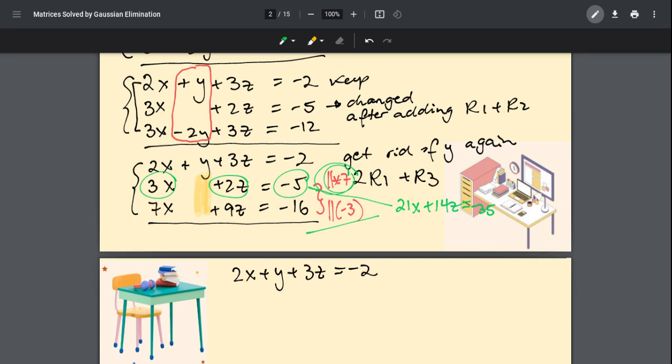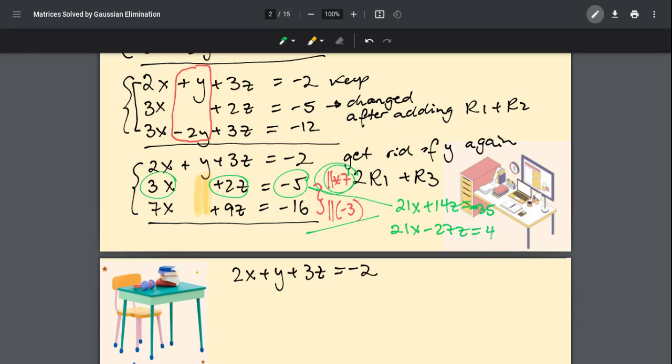Okay, so I got that, -35. Now the second equation, if I do the same, it gives me 21x minus 27z, because now I'm multiplying 9z times -3, and it's equal to -16 times -3,